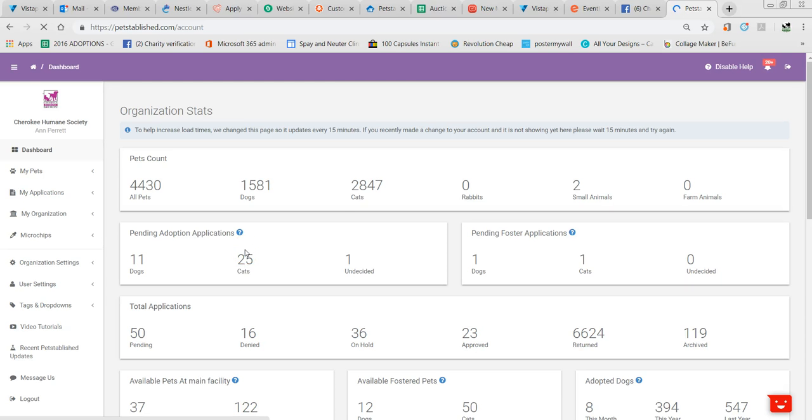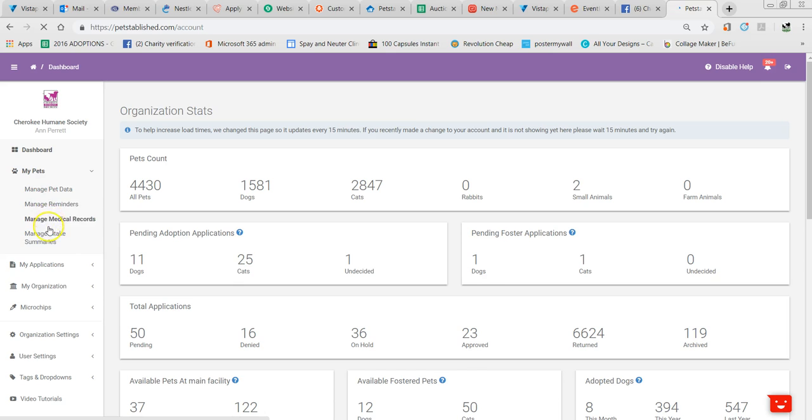Hey guys! Alright, in our next video, we're going to upload the medical for the Cat D that we did in the previous video. So if you're on your dashboard, and you click My Pet, go down to Manage Medical Records,